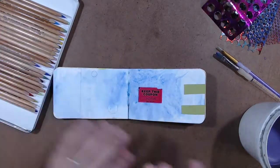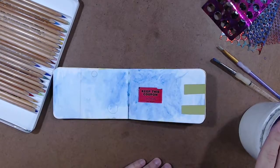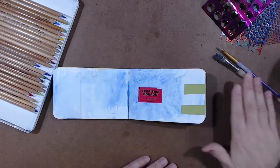So I have my watercolor, I have some pencils, I have some other stuff up there that I've used before, and of course I have my water cup. Let me just push that kind of out of the way. So anyway,